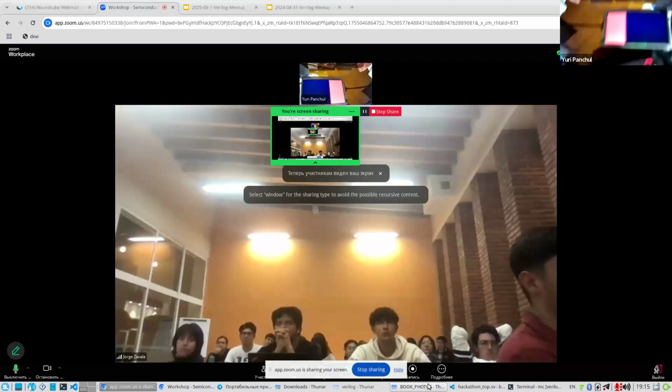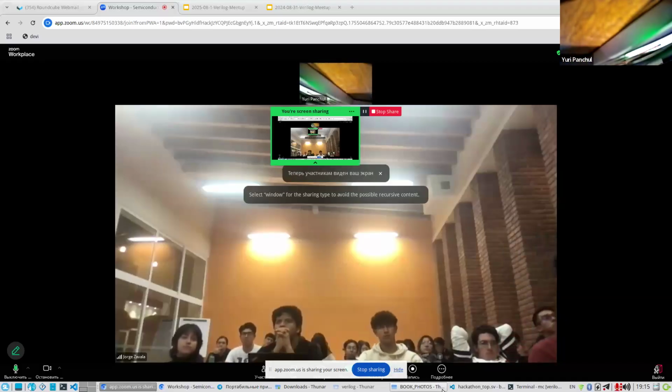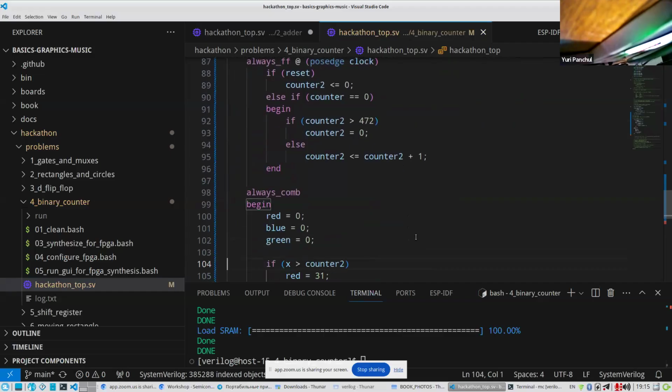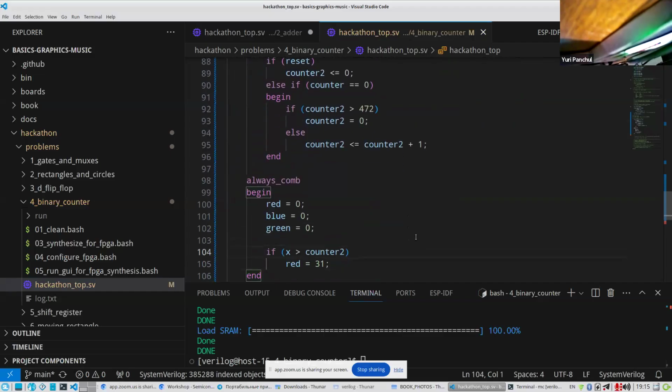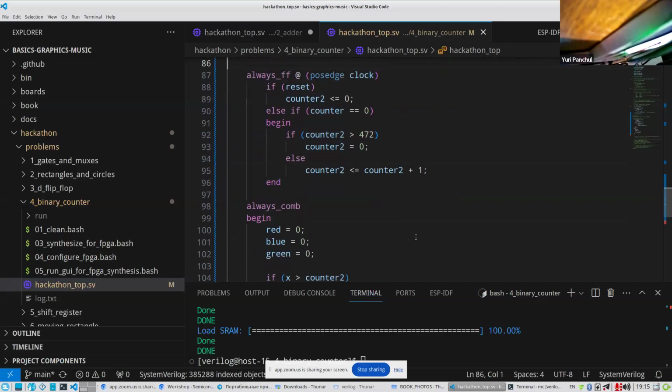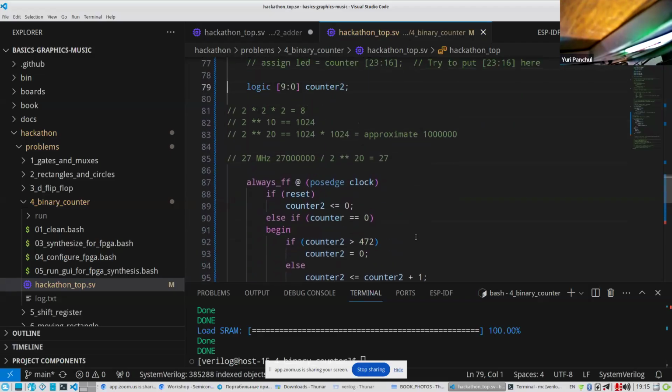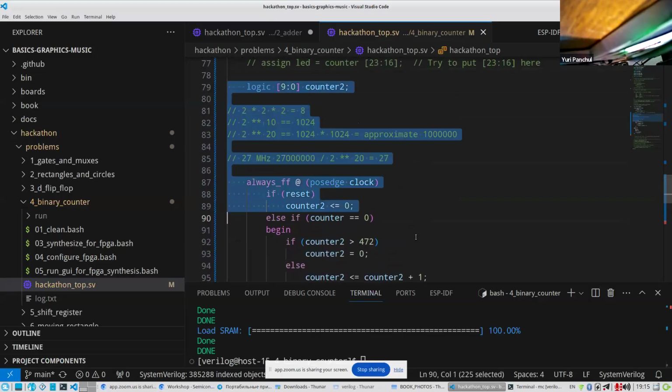So if you want to make the thing moving faster, and if you also want to move green color at the same time, what you can do is you can create, let's say, a second counter which moves faster.